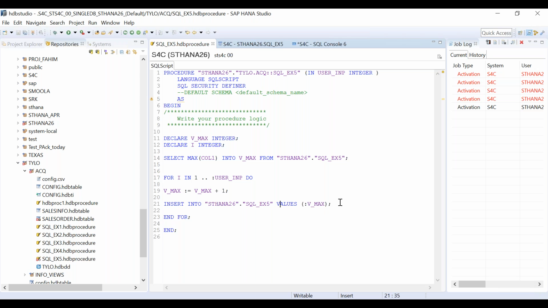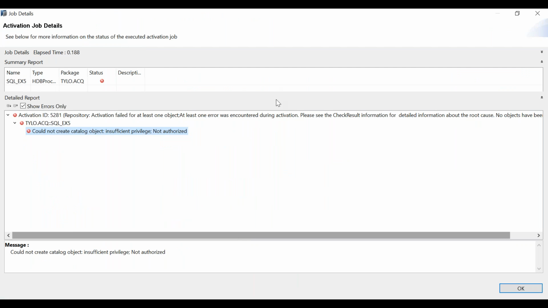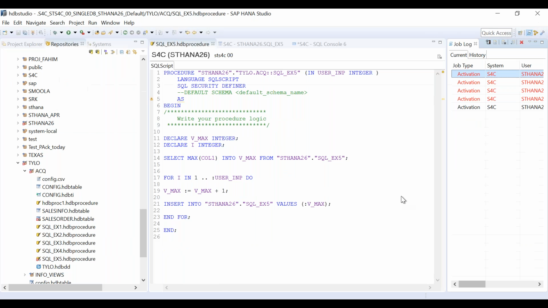Insert into values V_max. Nope, there is no problem with the authorization. The problem is with something else. One minute, let me see that. The problem is not with the definer or invoker. I think the insert thing is not working here.